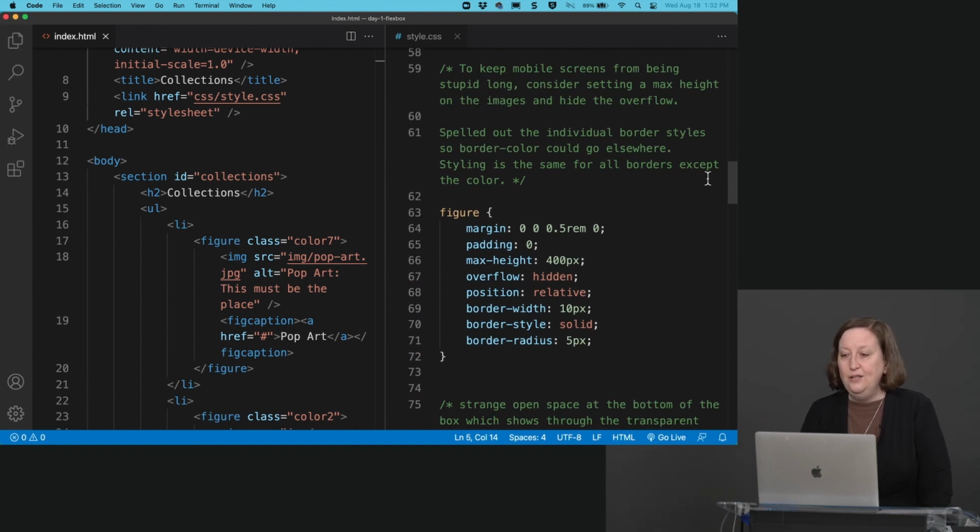Then, as I say here, to keep the mobile screens from being stupid long, consider setting a max height on the images and then hide the overflow. Because otherwise you might wind up with images that may take up even more than one screen on a phone. So you might really indeed want to set a max width and then just hide that overflow, which is what